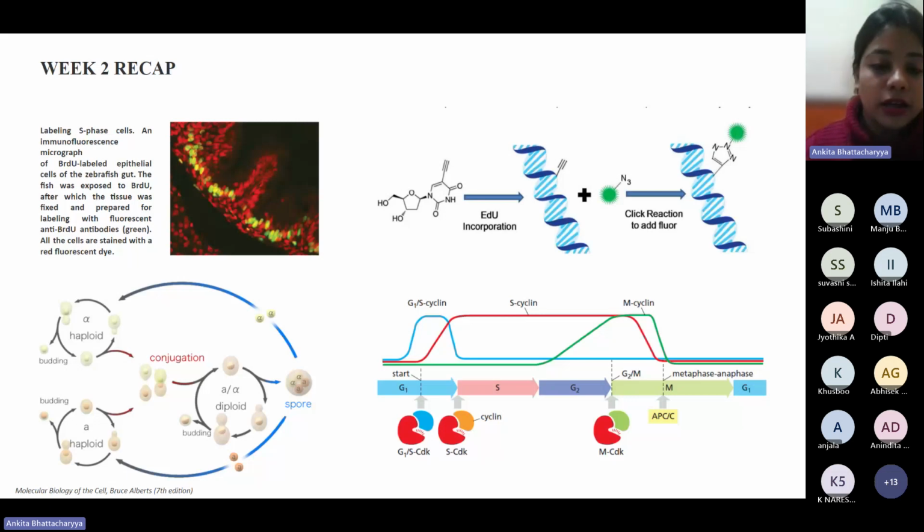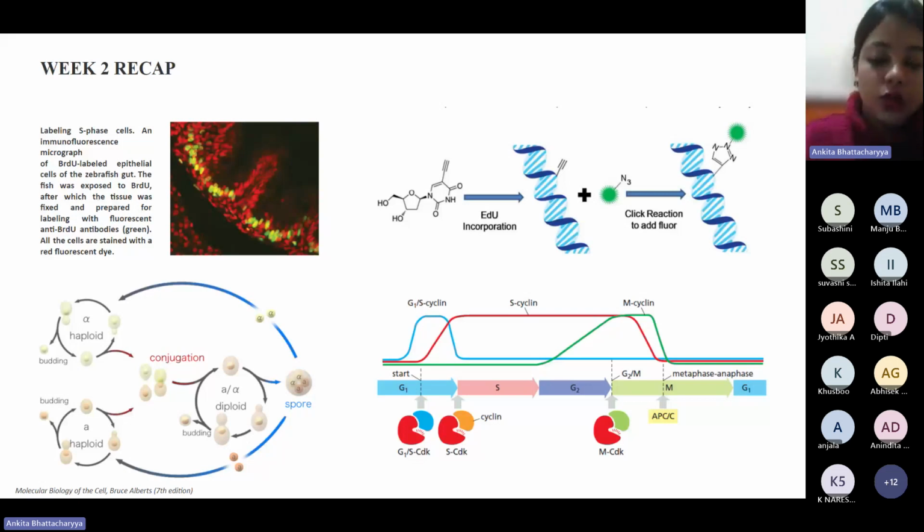But yeah, apart from that, you can see that not all cells in a population of cells will always be in the same phase. So you'll have some in S, some in G1, G2, etc. The modification to this technique, which is currently explored in more detail, and there are more updates on this as well, but the more preferred version of detecting cells currently in S phase is the use of